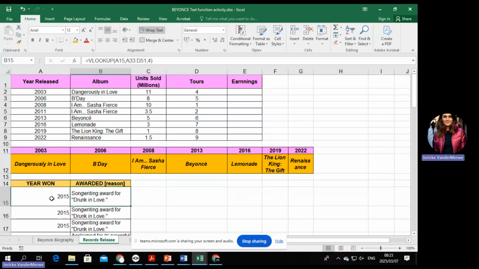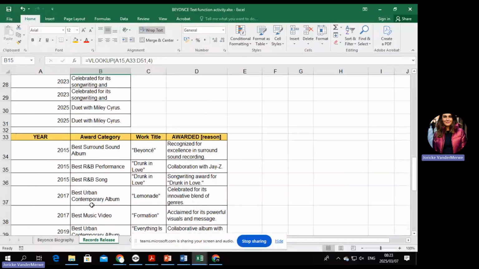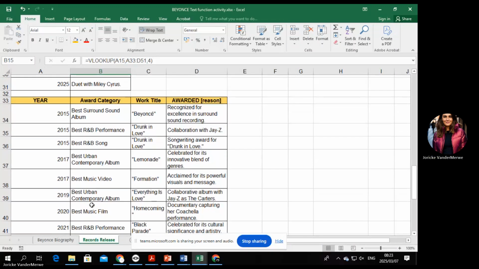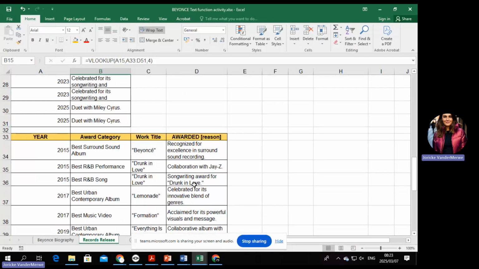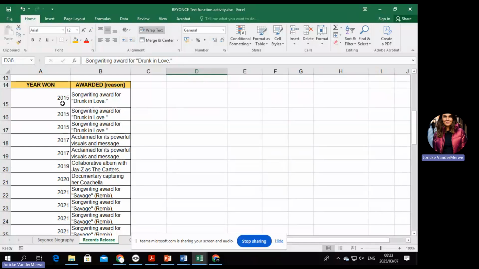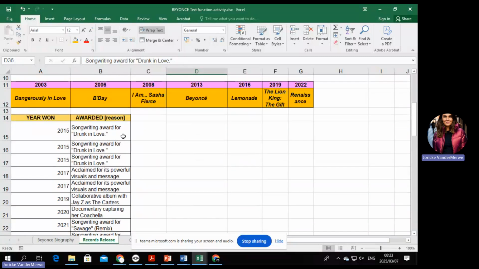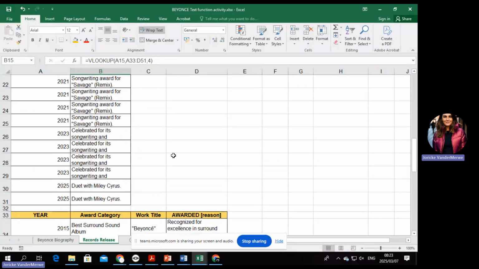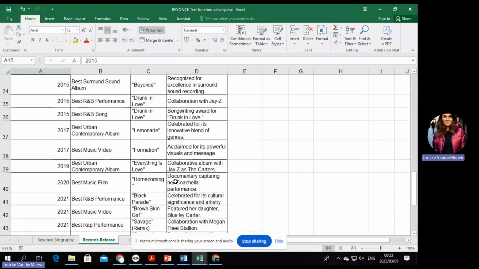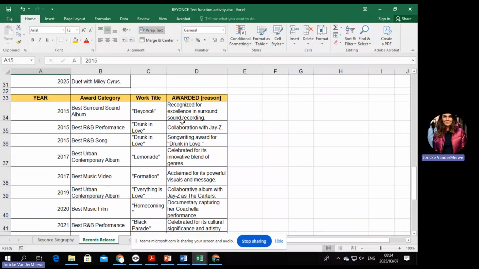We did use the correct one. We said we want to look this up and we used column 4. Okay, but it is correct. Okay, I see what's happening here. Do you see there's two 2015s? So it kind of decided to take the second one. Do you see that? Okay, so it is correctly done. So remember, you choose the lookup, you choose your range, and then the fourth one. Sorry, I looked at the 2015 and I couldn't see the same one.